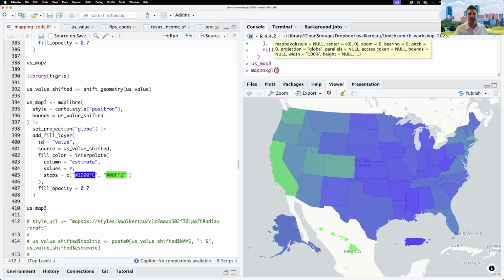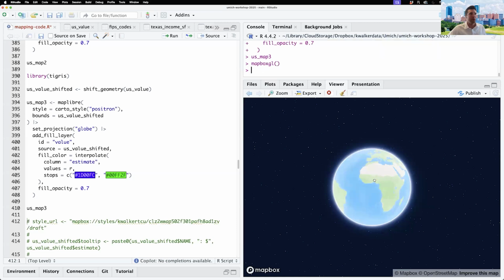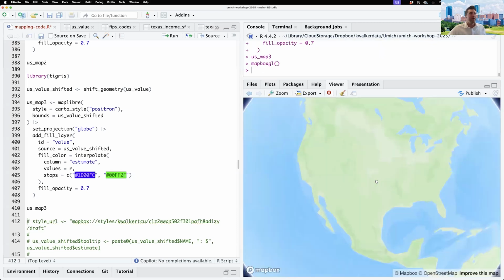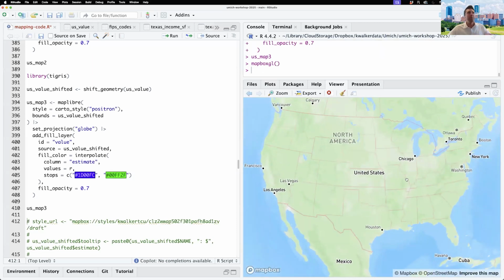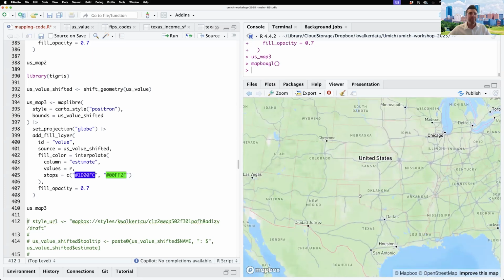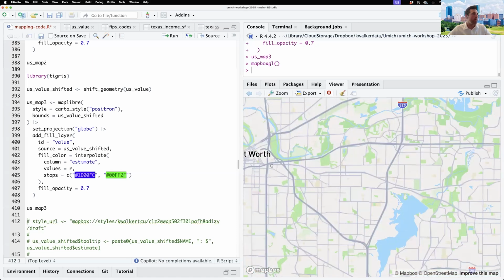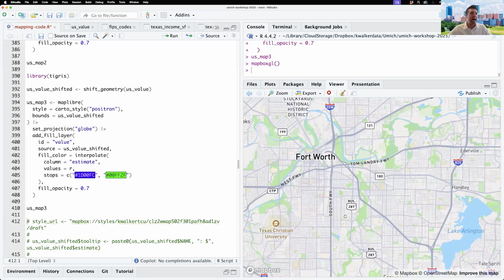The mapbox.gl function, if you have your access token set up, will create a Mapbox map on a globe like this. But imagine being able to have a template like this where you could go in and customize every single element that you're looking at. So I could go in, and if I wanted the land to be a different color, I could change it. If I wanted the labels to be a different color, if I wanted the state boundaries, the roads, buildings, lakes, I could